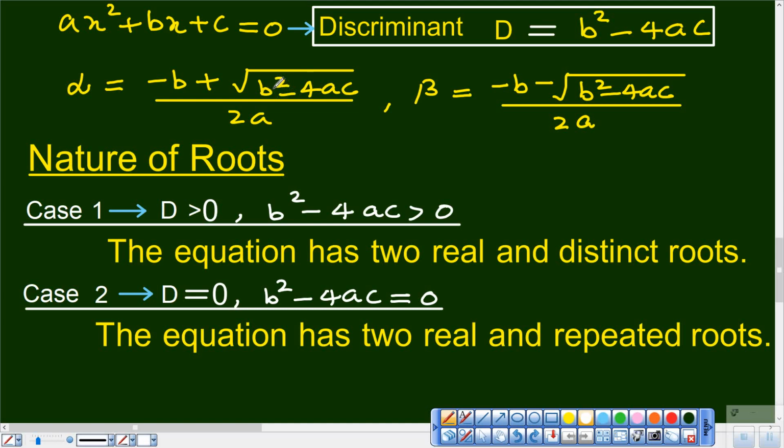But nothing would be added and nothing would be subtracted in this case, because you can see that out here, this will go down to 0, this will go down to 0. So both will be, after all, minus b upon 2a. And thus, in this case, alpha is equal to beta is equal to minus b by 2a. So they are the same root. It does not mean the equation has one root. The equation has two roots given by minus b by 2a.